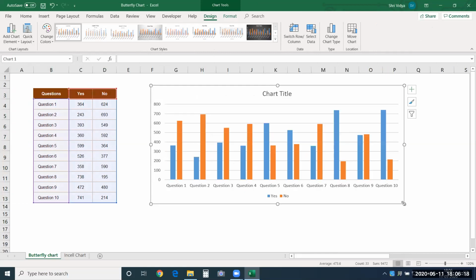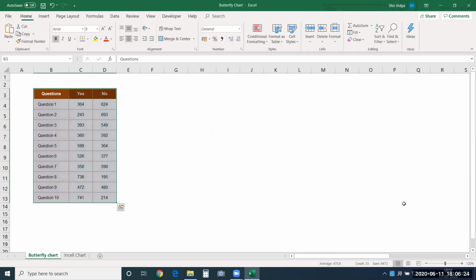But there is nothing special in this chart. If I want to show it in a different way, then I'll choose to display it as a butterfly chart. You must have seen such visualization in a news channel or even in a newspaper. You get to see a lot of different kinds of charts in these places where it is published, or even live charts for that matter. Now let me show you how to do that.